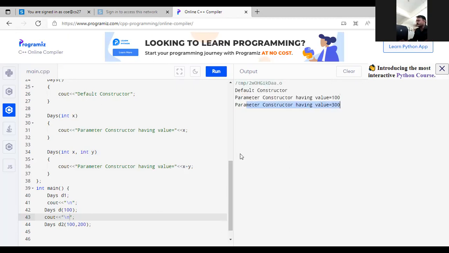Okay, parameterized constructor having the value. आता इथे मी दोन पॅरामीटर पास केलेत 100 and 200, आणि त्याची मी इथे ऍडिशन पास केली. So 100 plus 200 it gives me 300. Okay, so likewise now we have